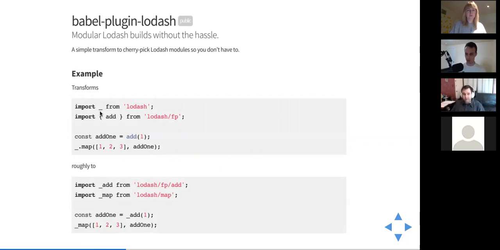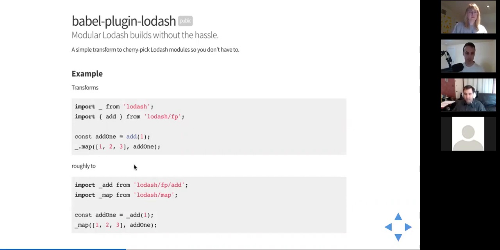And that's what the developer inside of you wants to do. But if you care about the user experience, then you should probably be cherry picking the specific modules that you're actually using, so that you don't send all of Lodash to the browser,